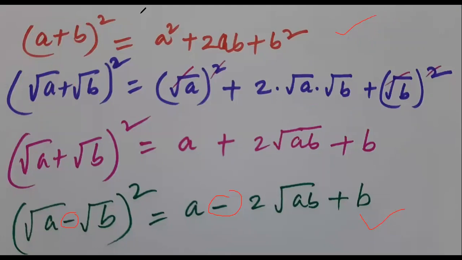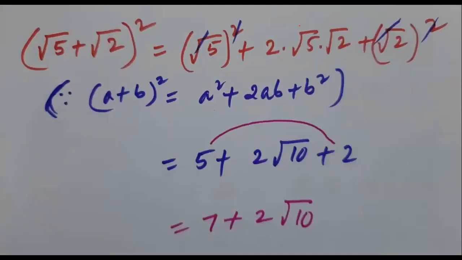Yes, Shifali? Sir, on the other side, where it's given square root a plus square root b whole square is equal to this side, no, sir? This side we won't cancel the brackets, the squares. No. This is a common square now. We can't cancel. This is a whole square. You don't try, children. Next.